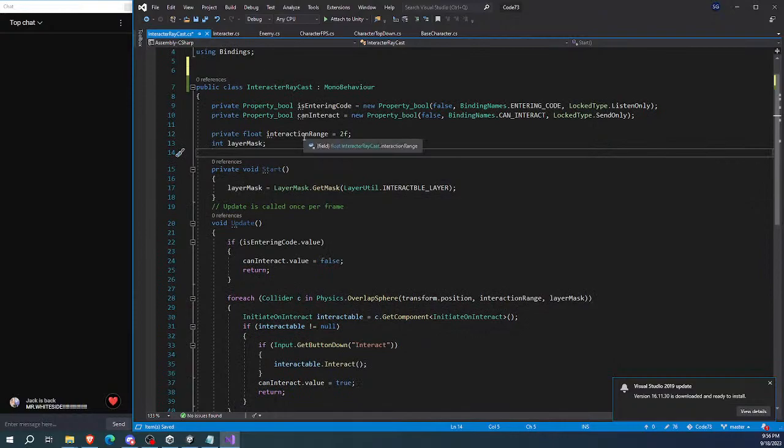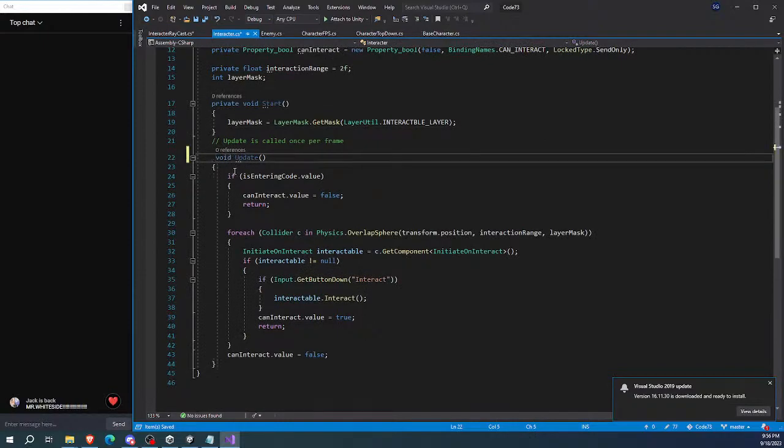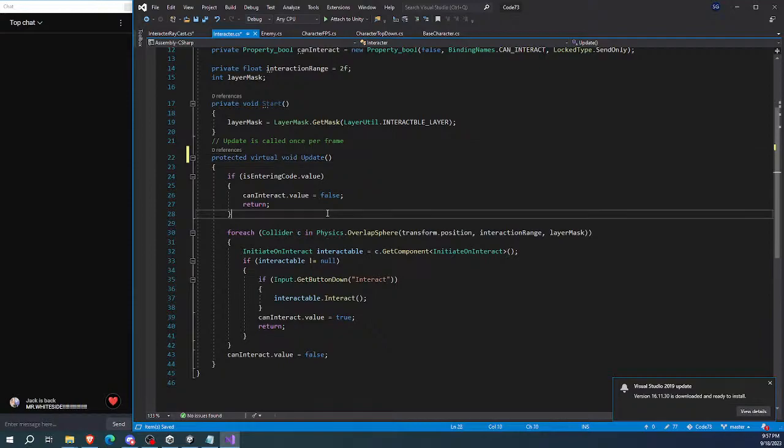Intersection. Yeah, because even like interaction range, I can just modify it to be different. Okay. So interactor. Protected virtual void update. And then